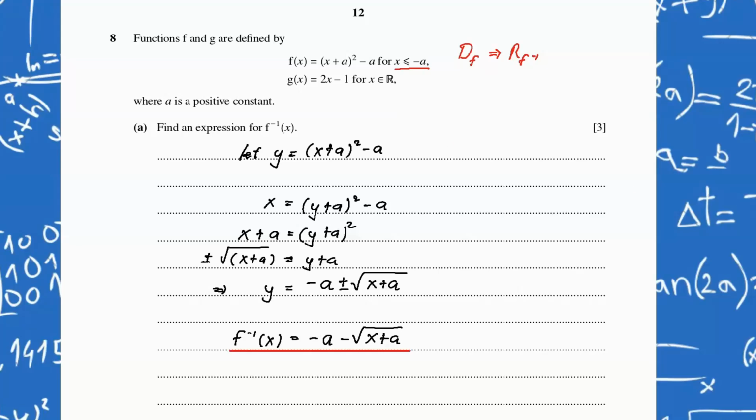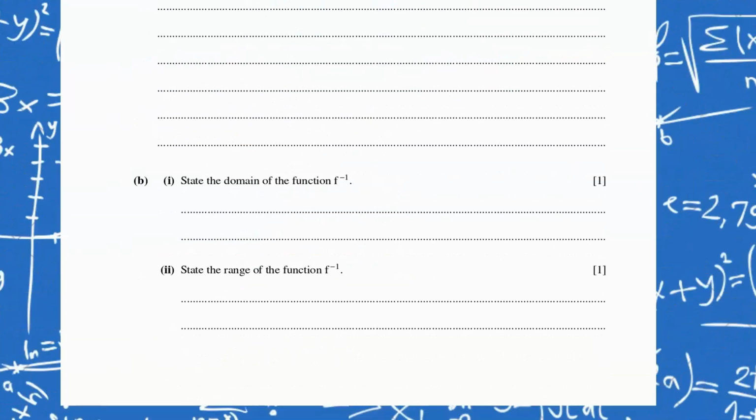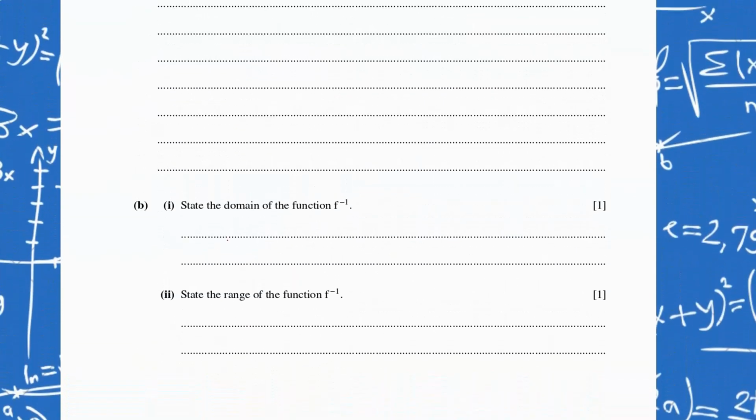Let's move on to the next question, and that's part B. It says we should state the domain of f inverse. All right, so basically you should know that the range of your original function gives you the domain of your inverse function. So when we talk of the range of the original function,